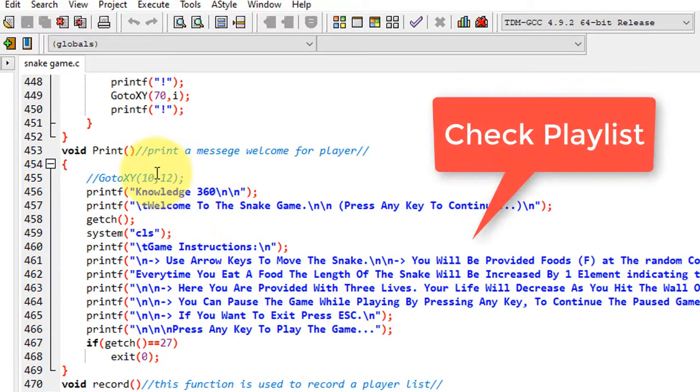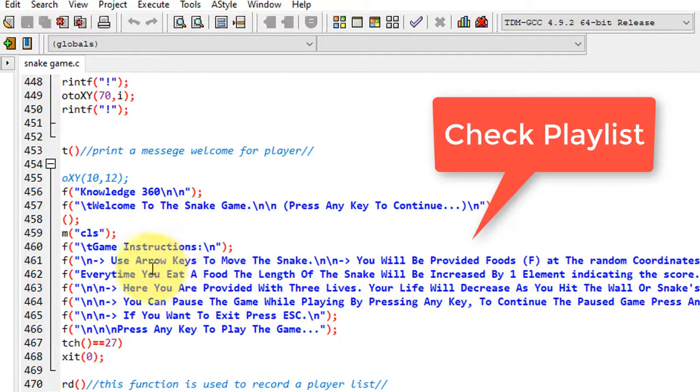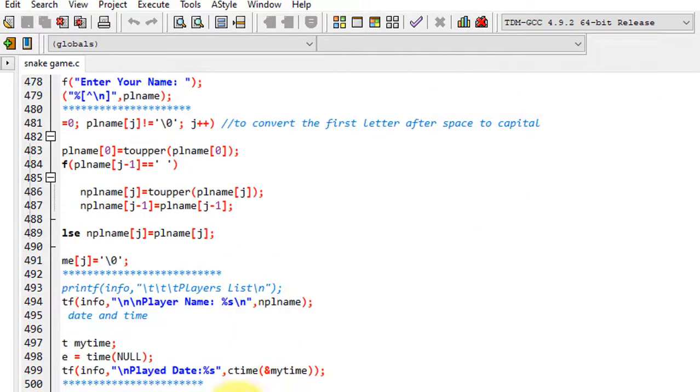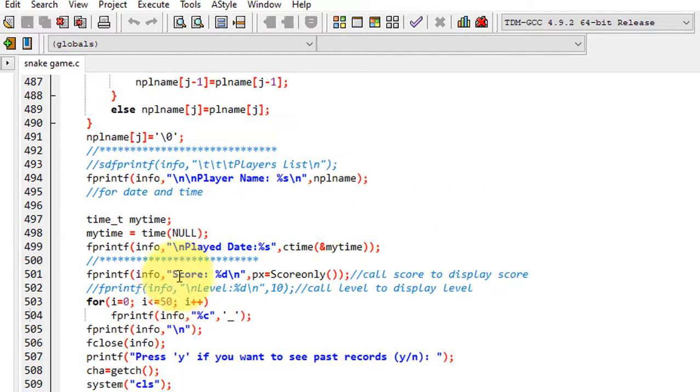So here are a few instructions. At first, when you execute this game, these instructions will come. These are the normal instructions to play the game, like you need to use arrows, and every time you eat food, its length is increased by one element, and all those things are here. You can get these instructions once when you compile this.